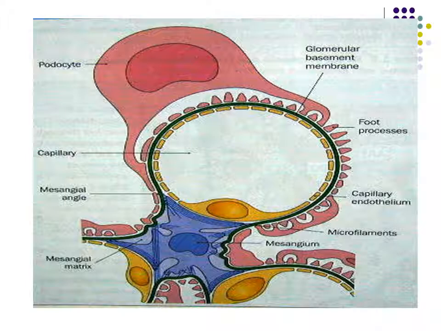So here is the pictorial presentation of the same. You can see this is the capillary lumen in the center, the yellow colored, and there are fenestrations to the endothelial cells. The green colored basement membrane is the second layer, and finally is the podocyte or visceral epithelium, which has foot processes. In between is the filtration slit through which the substances or fluids are passed. You can see the blue colored mesangium consisting of mesangial matrix and mesangial cells.